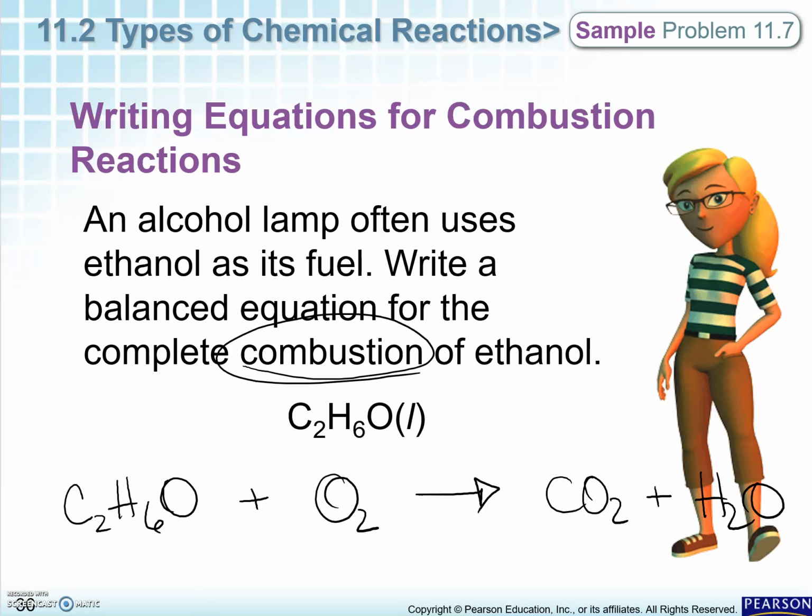Now, to balance this equation, once again, you're going to want to draw that table to make sure that we have everything balanced out. But the products are always going to be the same, carbon dioxide and water. So let's take a look and see how many carbons we start with, how many hydrogens and oxygens, and then we'll balance. Okay, so we automatically can see that we have one less carbon here on the right, so let's